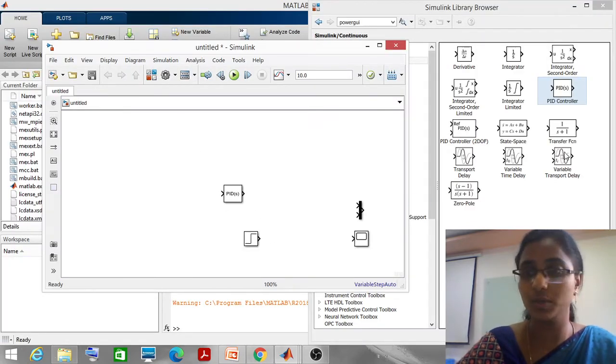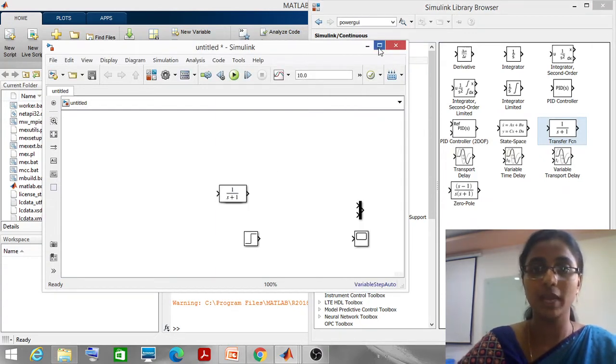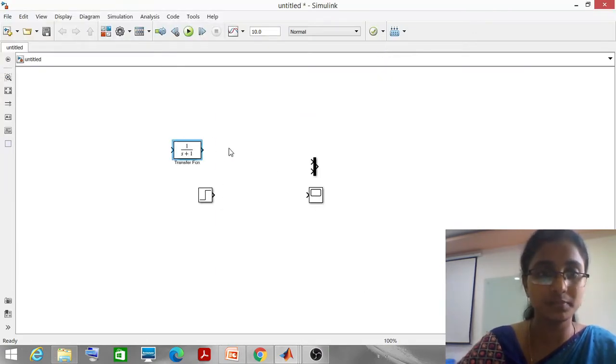I got the controller block, and now I'll select the transfer function block. Now I am done with all the blocks.